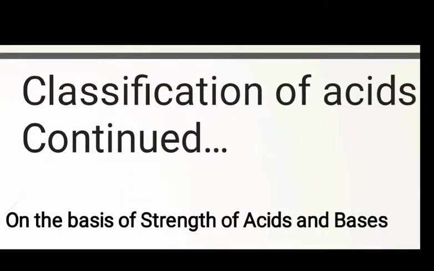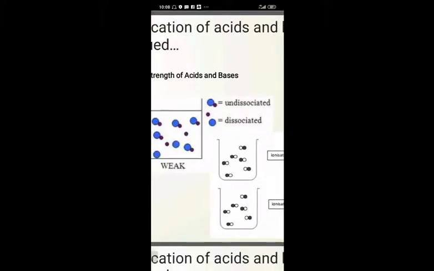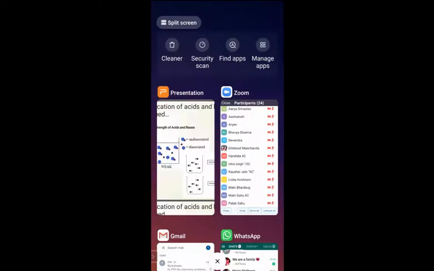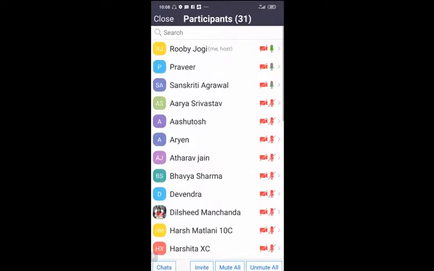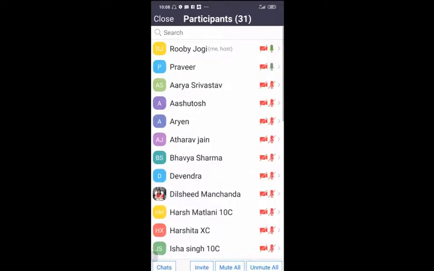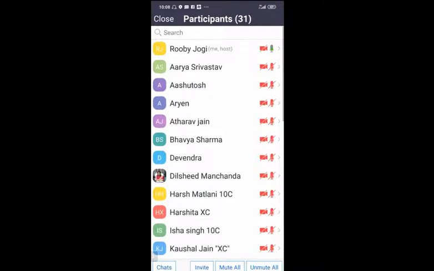We can say the strength of the acid. What you might have learned. Let me ask you, what do you mean by strength of the acid? How will you understand the strength of the acid? Can you say? First of all, Arya Shiva. The number of H plus. Sorry, Arya only will say. Arya Srivastav, what do you mean by strength of the acids?